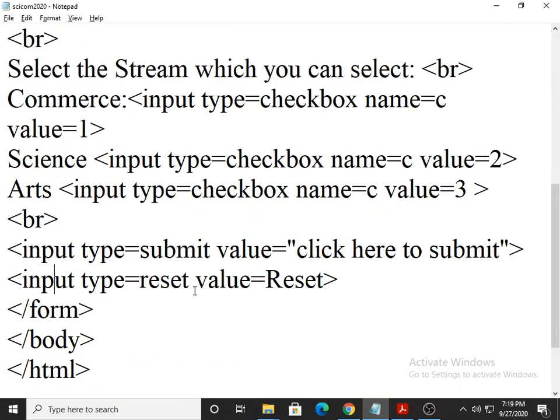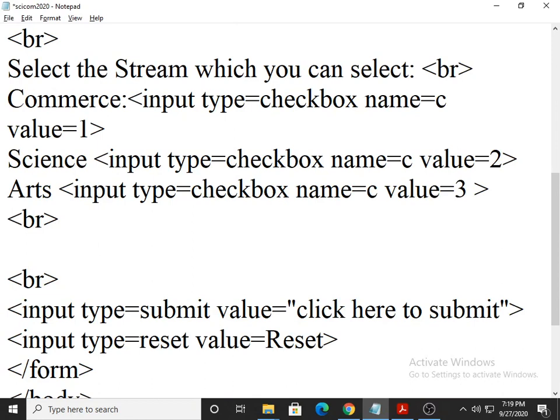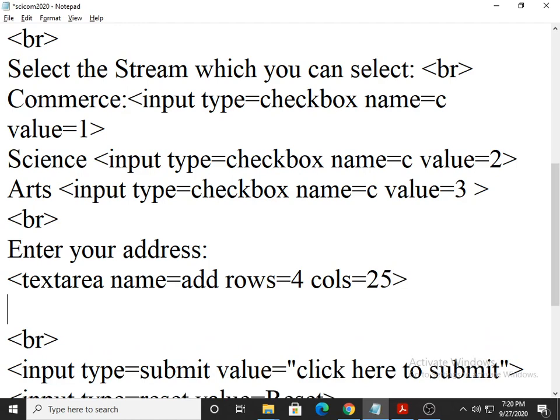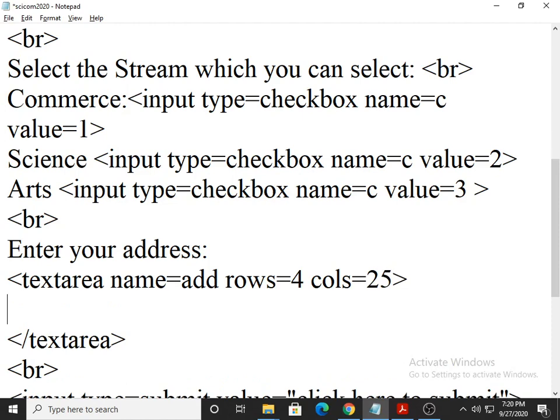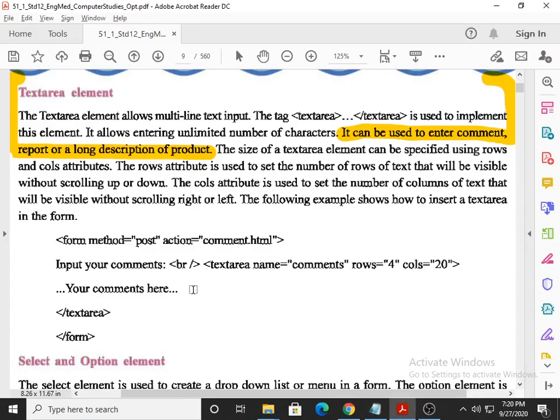For example, here I mention enter your address, then I mention text area, name is equal to add, rows is equal to, say for example, 4, cols is equal to 25, okay, and I go for slash text area. I started text area, so I have to end it. Alright, now see what happened. If you look at the output,